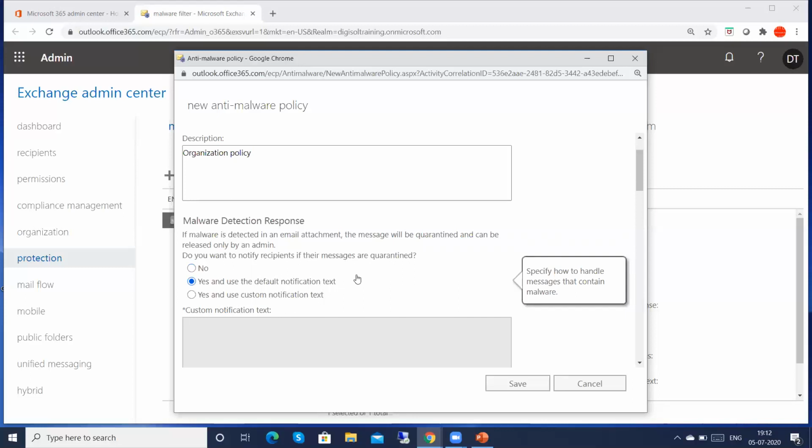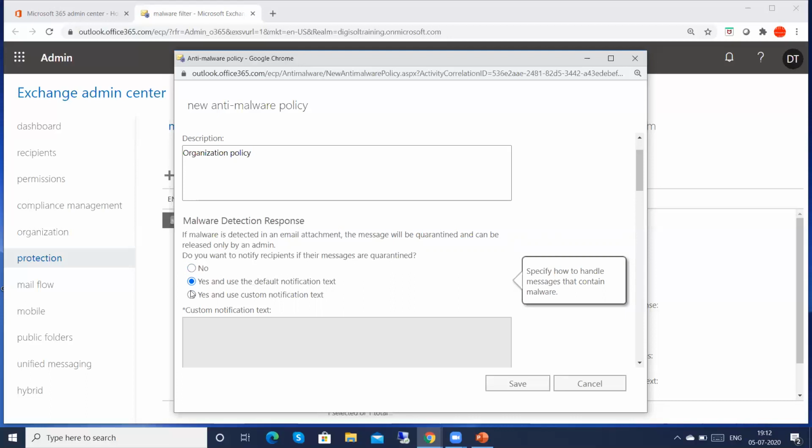Yes, so that whenever any malware detection happens, the notification is sent to the recipient, and also the admin is able to release that quarantined mail or message, right?